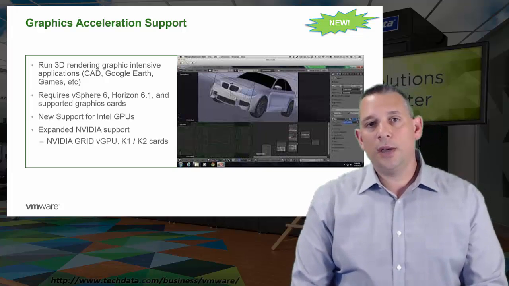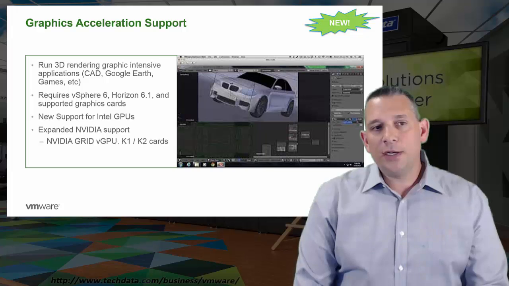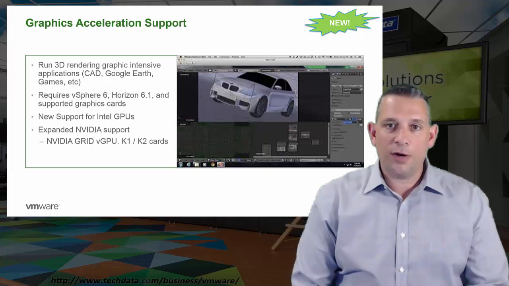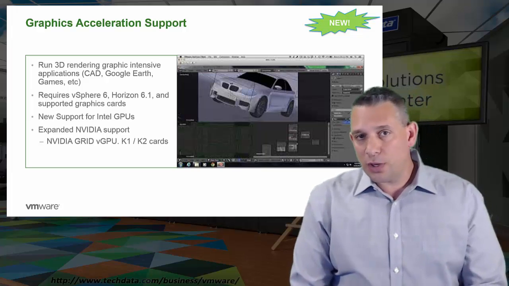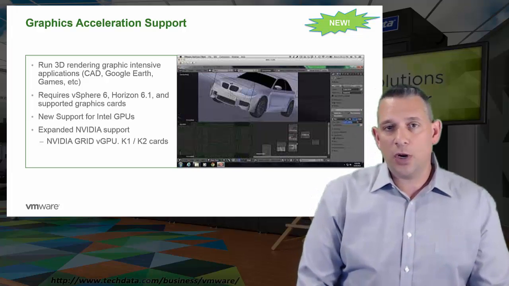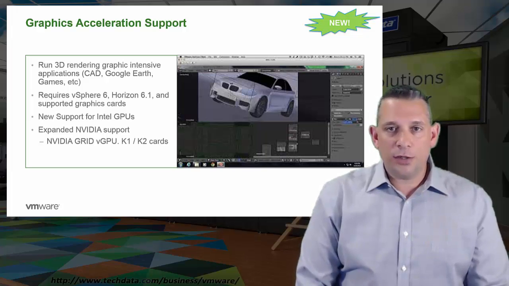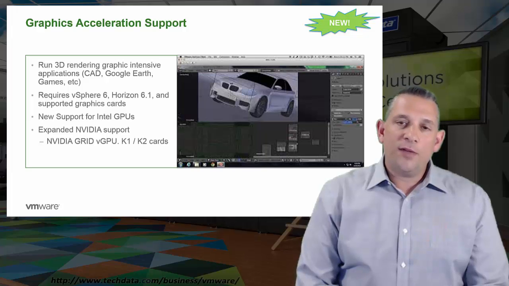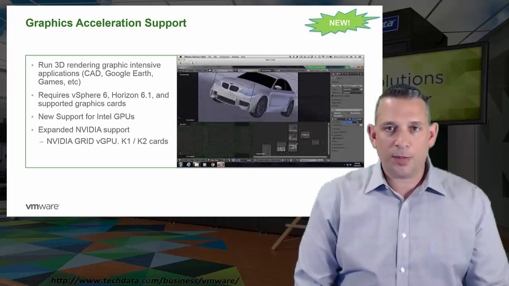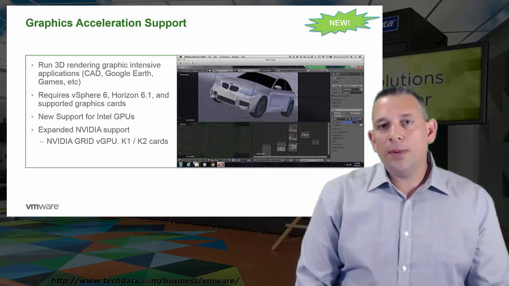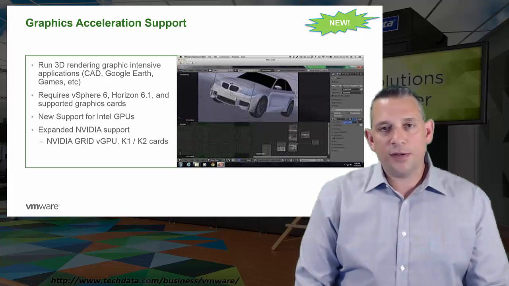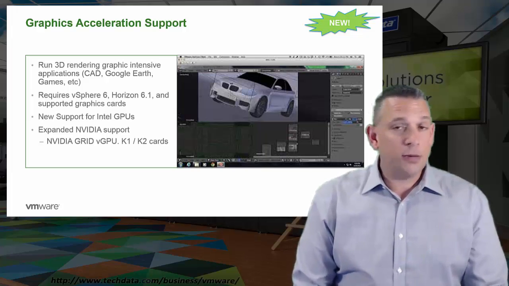Next, another long-awaited improvement that we were looking for is that we've added graphical acceleration card support. Many of you may have heard of the NVIDIA Grid K1 or K2 cards, as well as some Intel cards. Now we have support for these types of cards in the vSphere host. These graphics acceleration cards go into your host, and by doing this, our Horizon View desktops, which before were limited in any type of graphics-intensive processing that they could do, are no longer held back. So anybody that wanted to have View desktops but also needed to run very graphics-intensive rendering, such as 3D rendering,